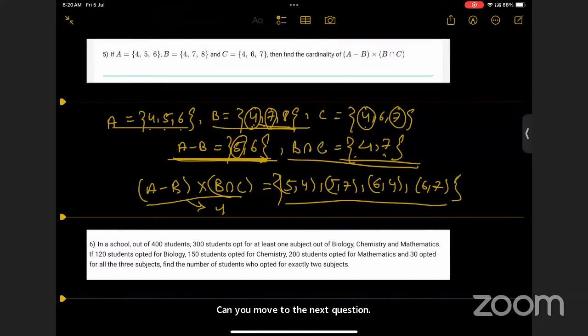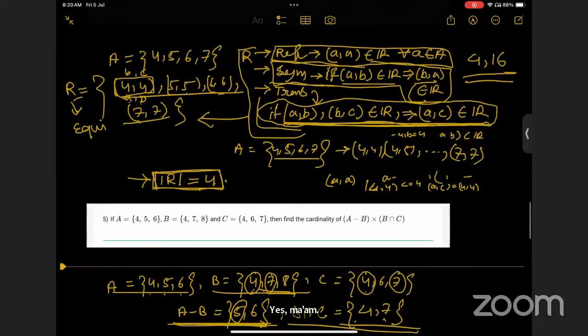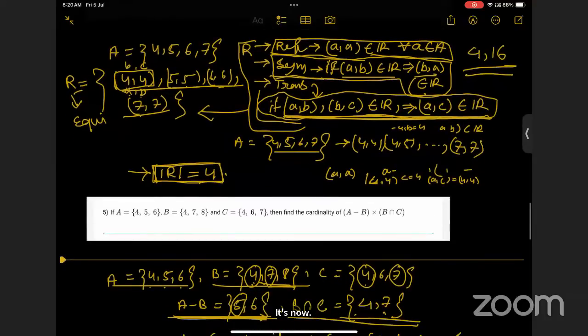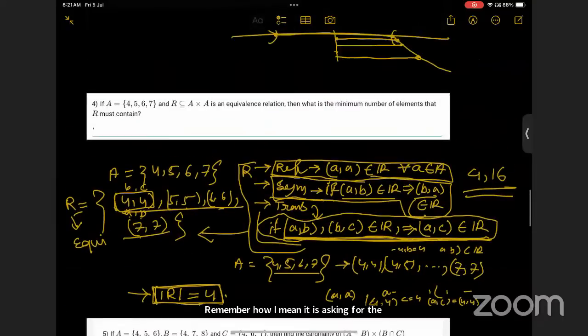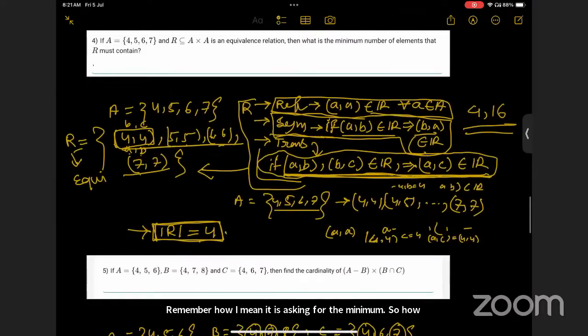Yes, ma'am. I have a doubt in the previous question, ma'am, the cardinality part. What is your doubt? Ma'am, it is asking for the minimum cardinality. So how have we derived that? We will include 4, 4, 5, 5, 6, 6, and 7, 7. Because